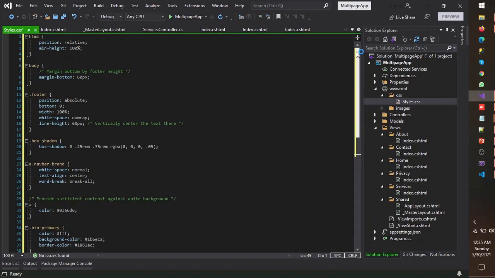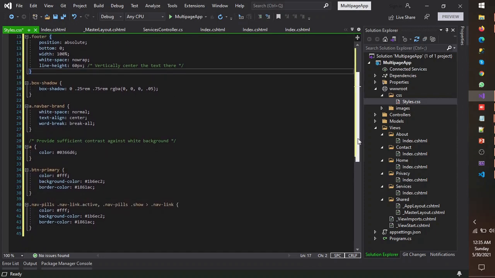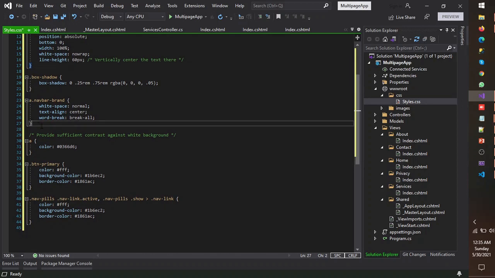So here, we are doing positioning of HTML. We are giving the body a bottom margin of 16 pixels. We are setting the placement of the footer so that it remains at the bottom. We are giving a box a little bit of shadow and a little bit of branding of the navigation, which is already done. We don't need that, but still,